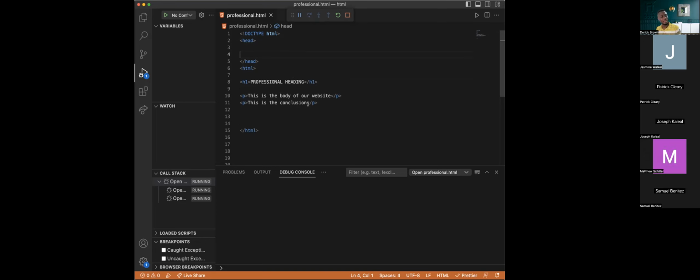Wait, am I wrong? I think the body will be processed before the head. Any of them, one of them is accurate. But this is where, if you want to put CSS, we could put it here, or we could put it somewhere else. I don't want to go deep. All right, so good. So the head is processed before the body. All right, thank you. So we say that let's process whatever is here first. And then now let's come to the,